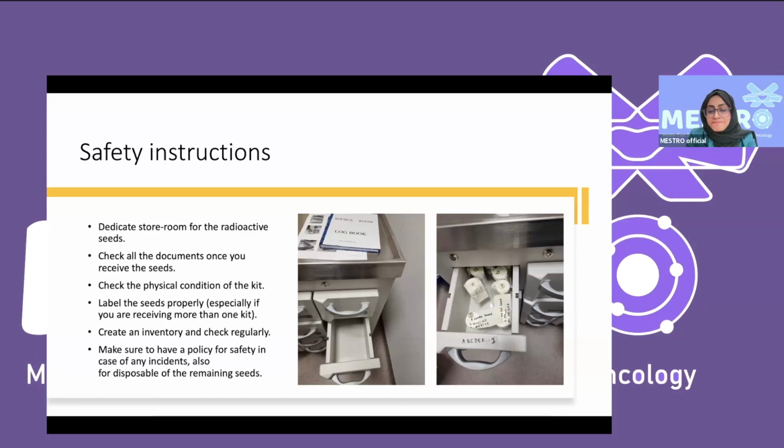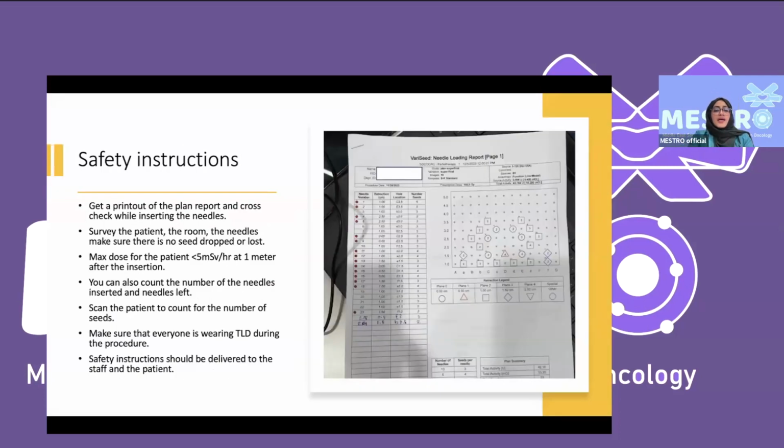Maybe if something is missing or dropped. And also you have to have a policy on how to dispose of the remaining seeds. Here in our hospital, we wait for 10 half-lives before disposing of the extra seeds. And an extra instruction: during the process, or on the day of the implant, get a printout of the plan report